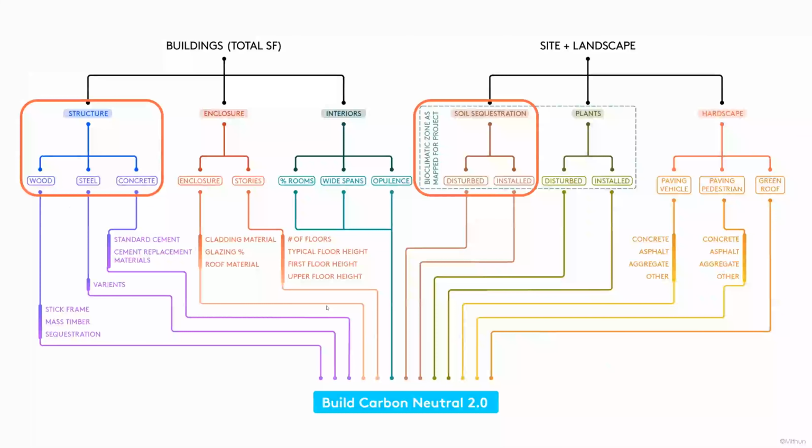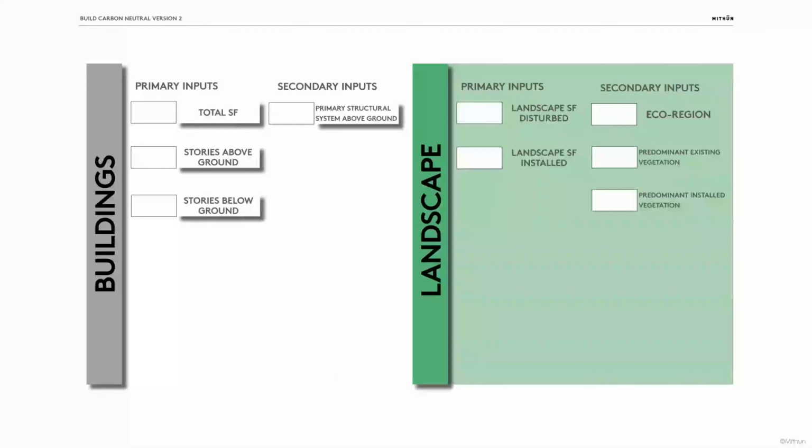So if we look at that as an overall diagram of the tool, Build Carbon Neutral version 2.0 is now this entire framework within the tool. And you can see the parts that are circled in orange are what we extrapolated from, those two little orange boxes initially, to get the full range of information for a building. So if we compare